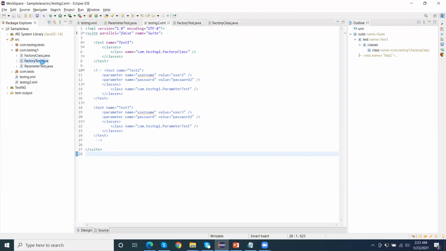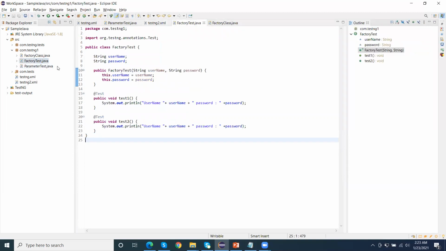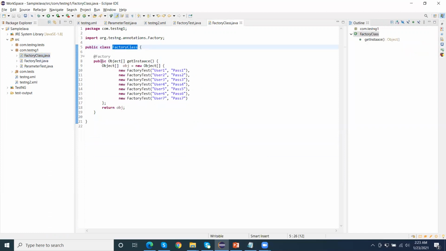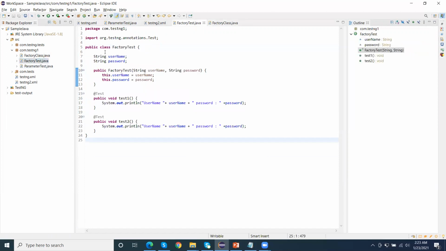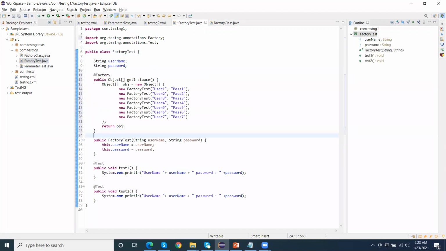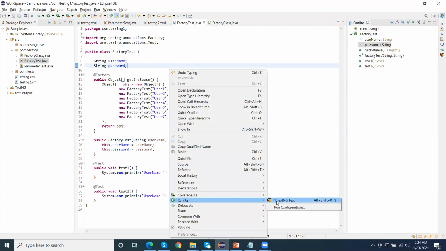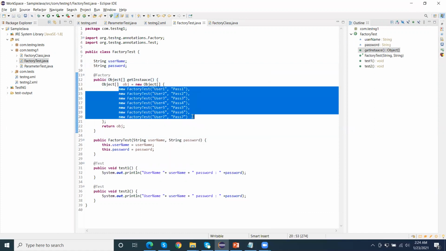Similarly, instead of putting this factory in a separate class, we can also create it in the same class, like this. Now if I run this, let me show what happened. There are 7 objects, meaning 7 sets of data, so I am creating 7 objects of this class.